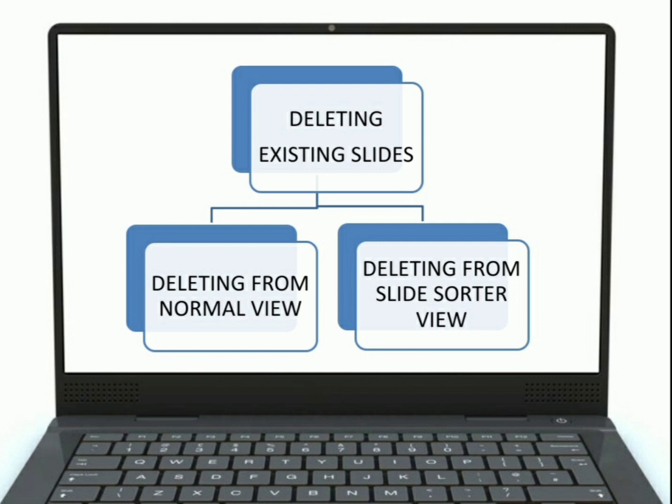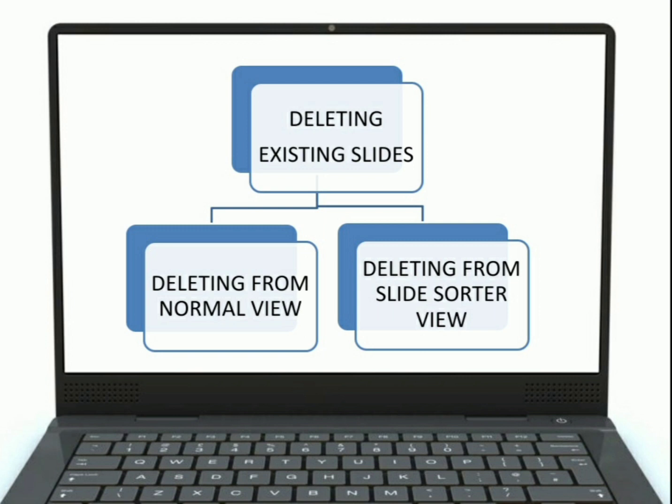I think most of you have noted it down and few students have not, but I still suggest you note it down because it is very important for your exam. So kids, I will show you how to delete existing slides in MS PowerPoint practically.